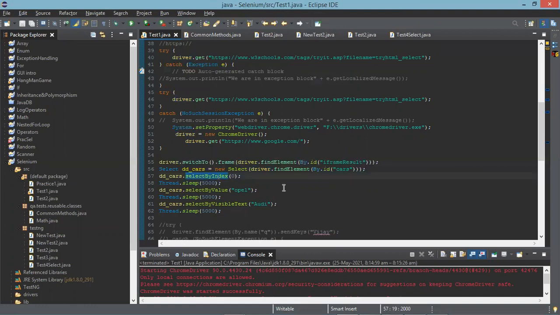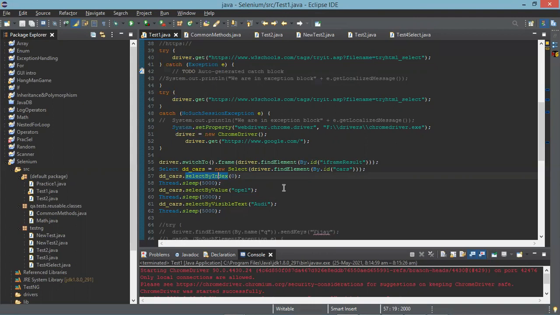Earlier, what you wrote in the common method was send keys by name, where you give an option as entering, and by name is the attribute. Here, select by index is the action that you are performing. Select by value is the action that you are performing. Select by visible text is the action that you are performing on what?